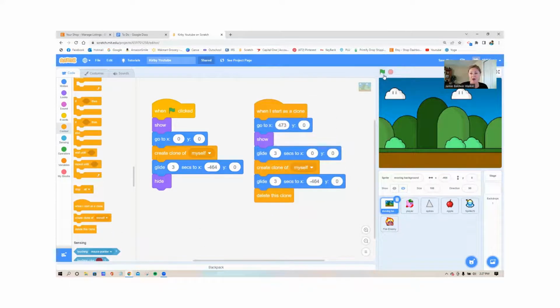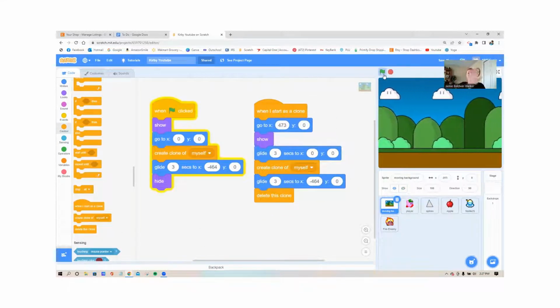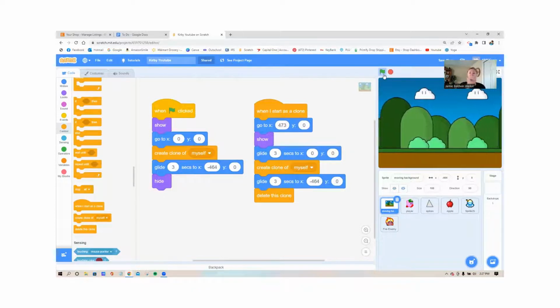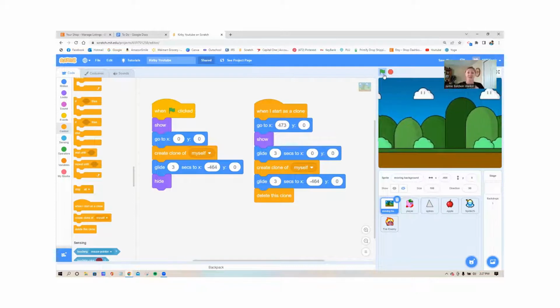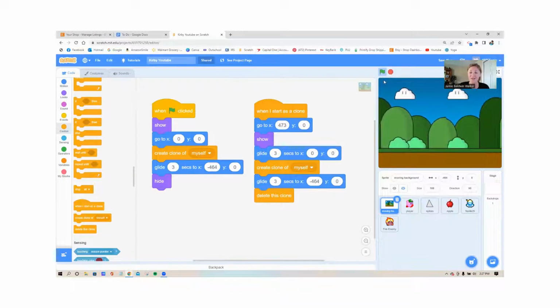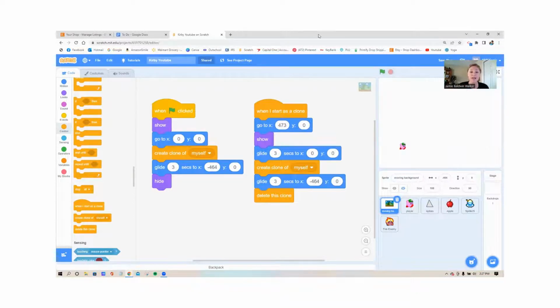Okay, let's go ahead and test this out. So turn your green flag on. And now look, that background is just scrolling over and over and over again. And you can see that it's kind of like stairs on an escalator, right? Pretty cool. Now, if you want to speed it up or slow it down, everywhere that says glide 3 seconds,